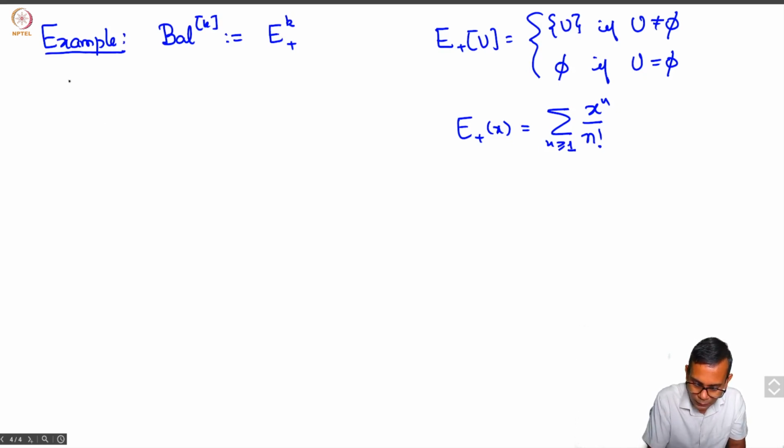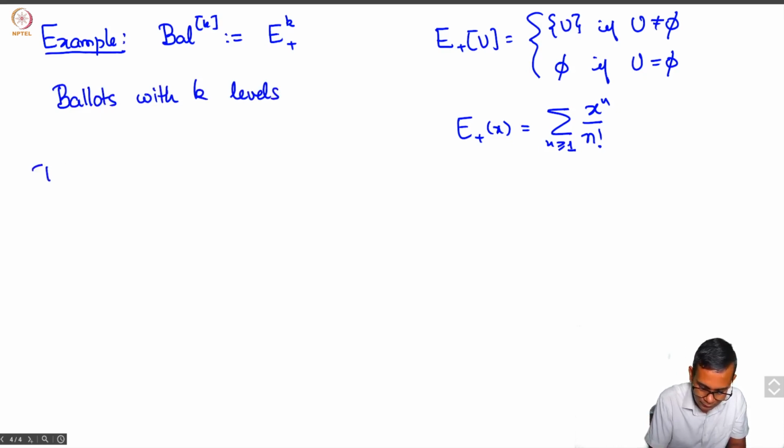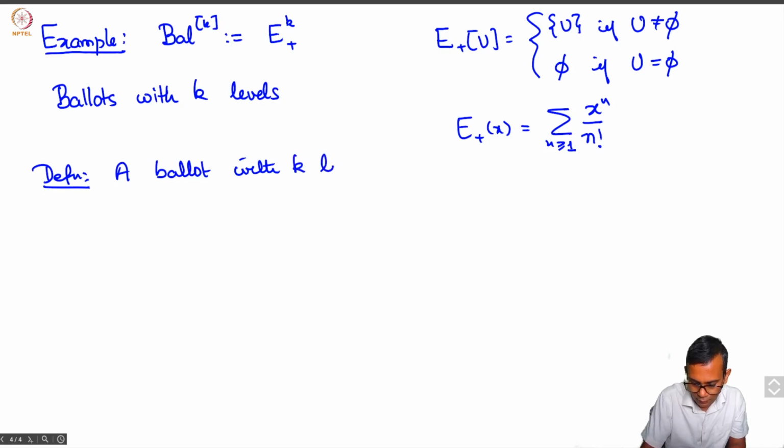It's called ballots with k levels. A ballot with k levels is a non-empty ordered partition,